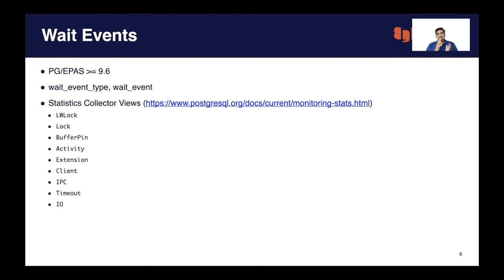When we say query processing is happening, or when you look at pg_stat_activity, if it is showing your query as active, or your connection as active, that means your connection is processing queries. But what exactly is it doing?